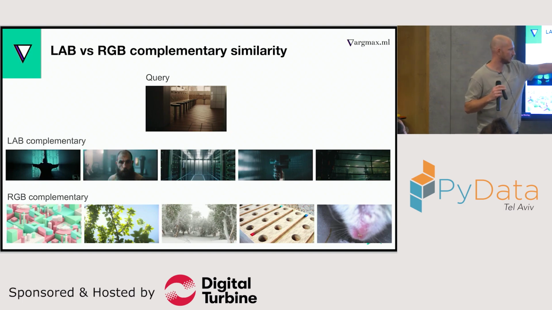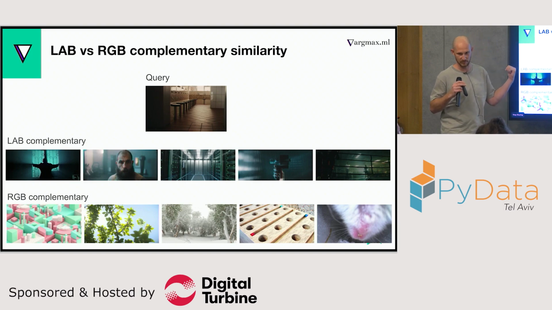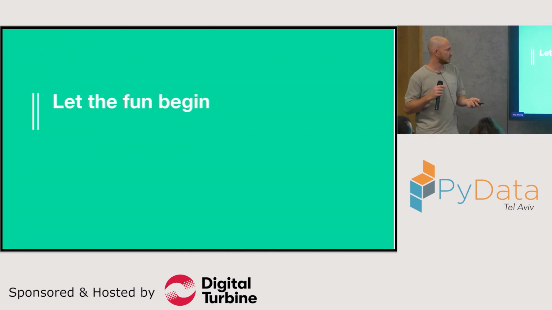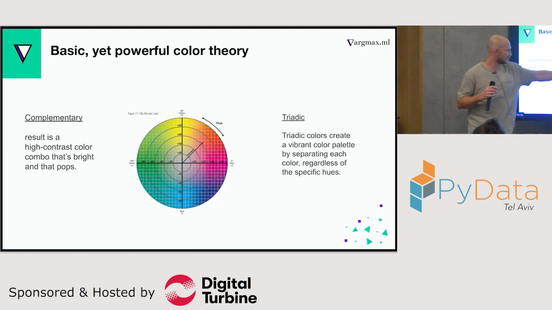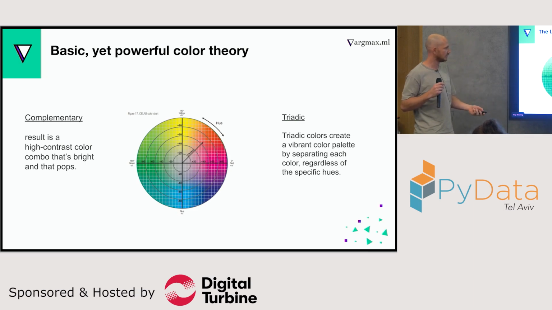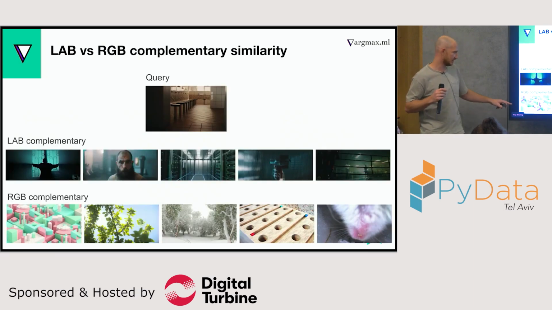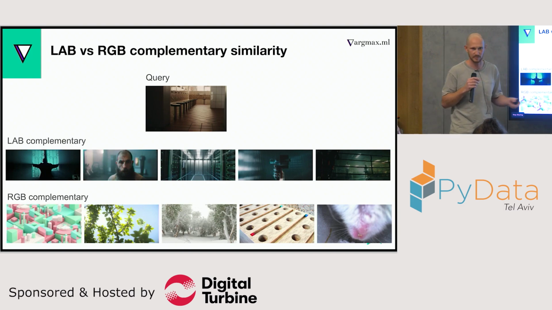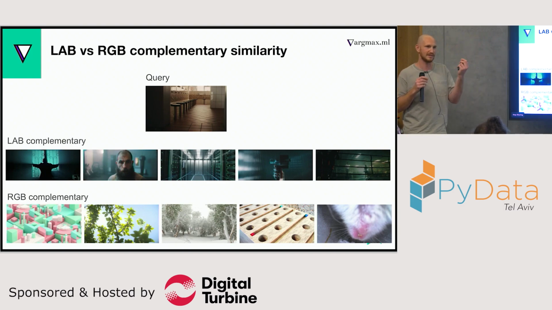Did you grasp what we did? We took this photo, we calculated the complementary image of it, we calculated the histogram, and we went to our vector database and tried to find the most similar images in our database. If you look, the colors were like this, and we actually got something blue, which is nice. But if we look at the RGB, we got nonsense, because it perceived the darkness very well and then gave us just light things, but it didn't perceive the relative distance in colors.